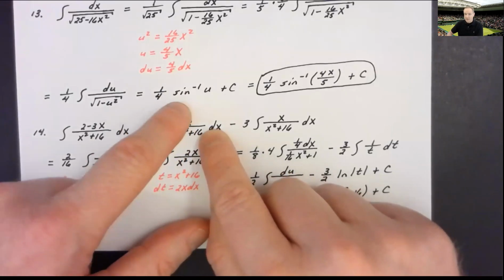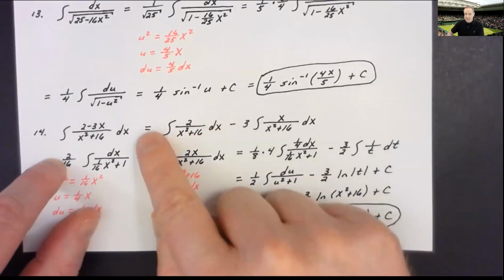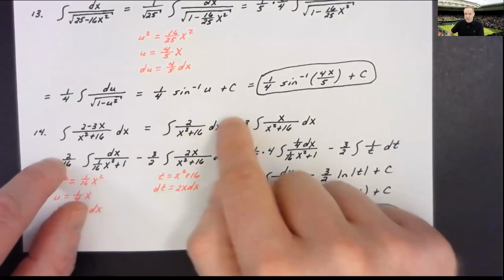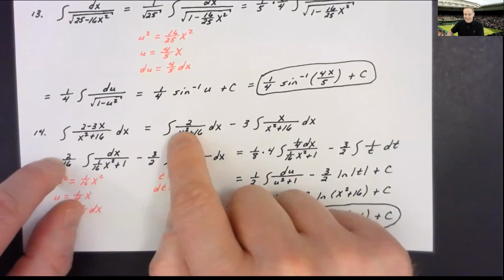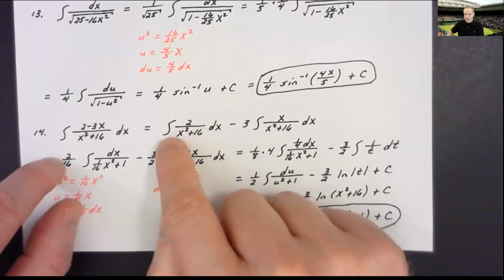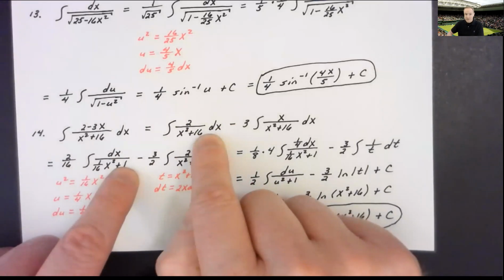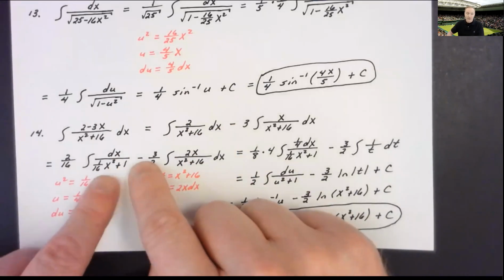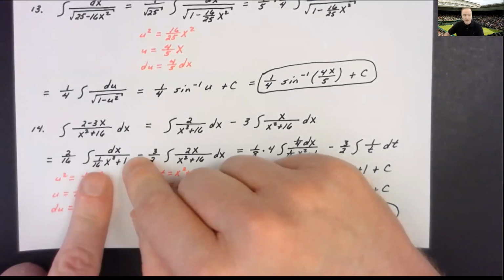I'm going to factor out a 2 over 16. Factor the 2 out of the numerator, the 16 out of the denominator. That'll give me a numerator. I can put the dx up there. My denominator, 16 divides into both terms, and you'll have 1/16 x squared plus 1 when it divides into both terms. At this point, it's more obvious that it's an inverse tangent function, but you're not quite there yet because